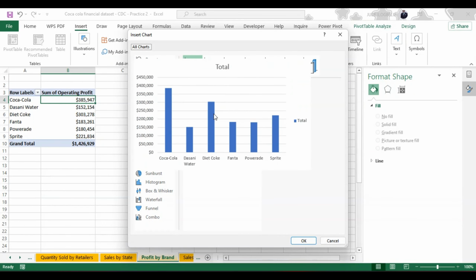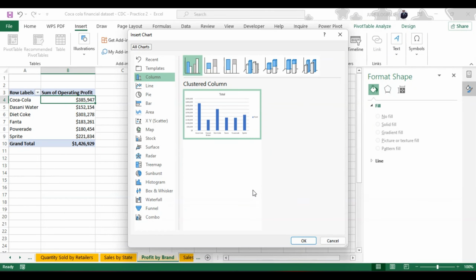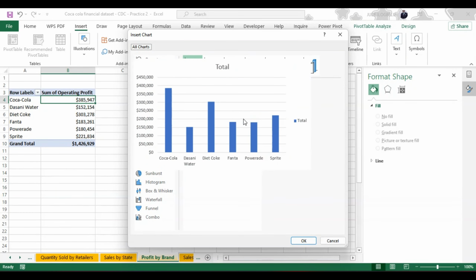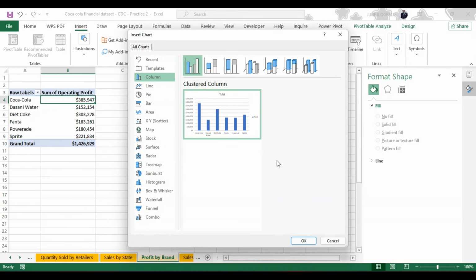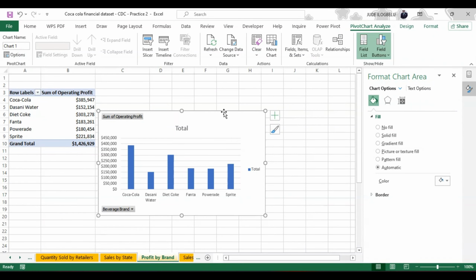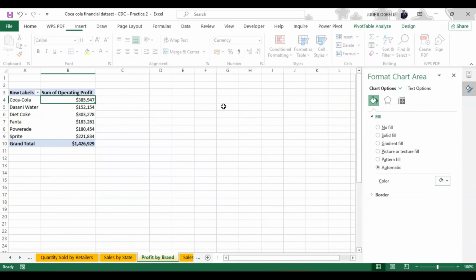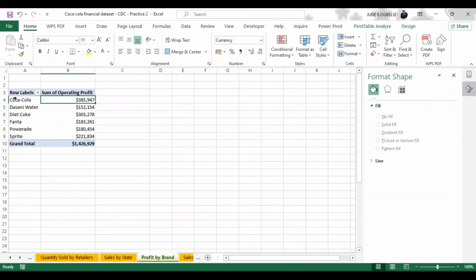What we're seeing here as the best chart is a bar chart, but assuming we don't want to use a bar chart, we can maybe close this and go back, copy this